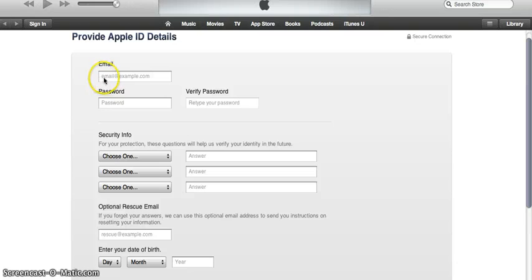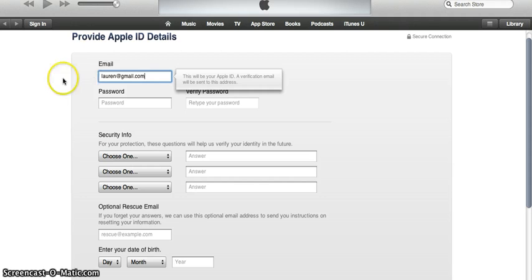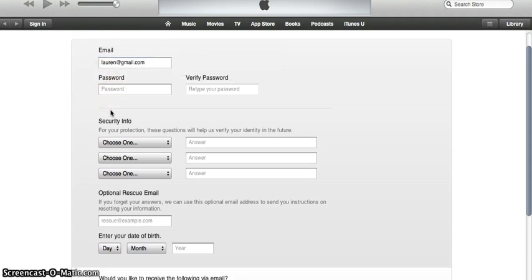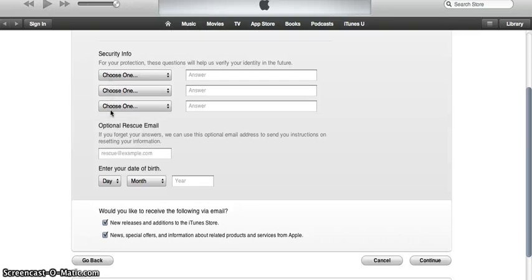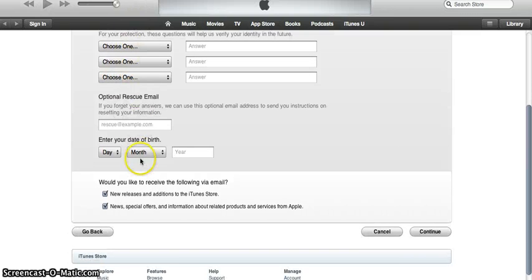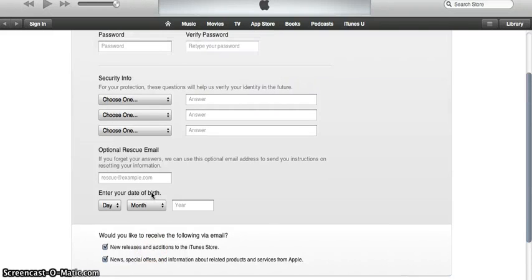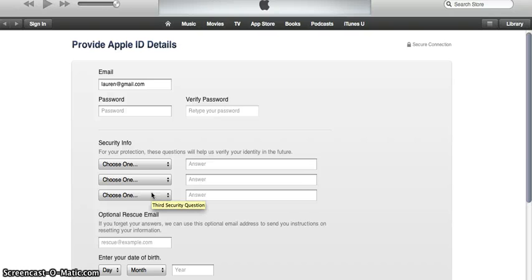Okay, and this is where you're going to put in an email address for your son or daughter. Now you need to have this already written down. So Gmail account, I've already got a Gmail account, so it might be, for example, lauren@gmail.com. Okay, and then you're going to put in your password, and you just need to go through and enter all of the details with your own details, and you can then finish creating that account. That's really all you need to do to create that account. And so when you then quit iTunes,